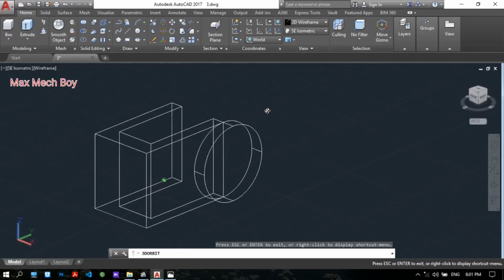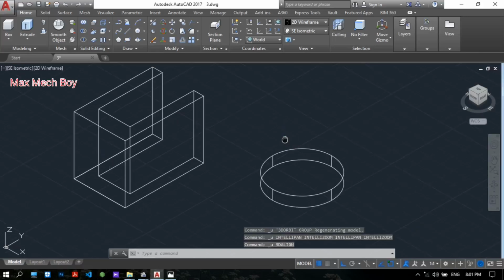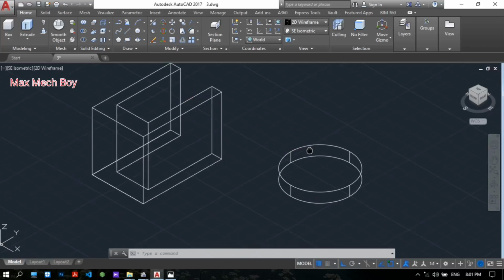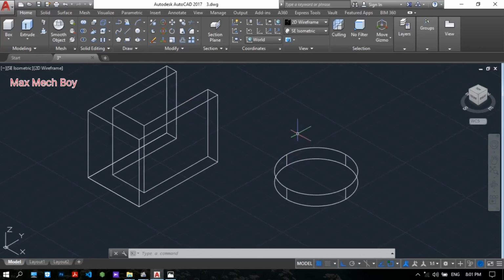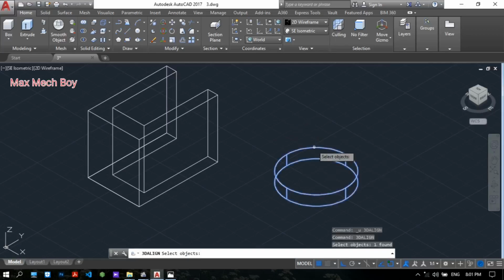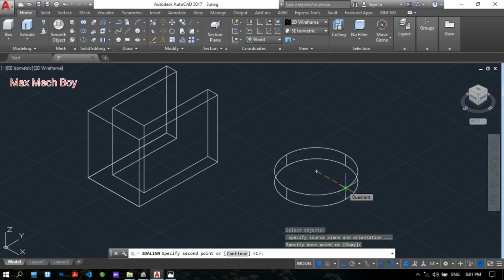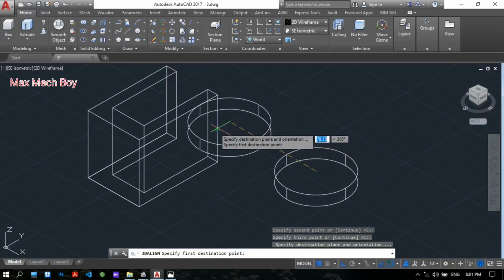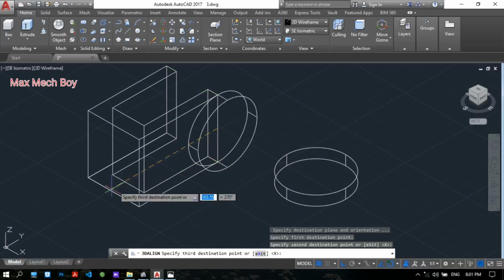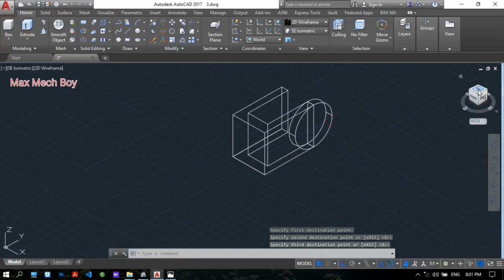Now you will see. Sorry. We need to combine these two objects into one object. So we use the 3D align. Type 3D align, select objects, 1, 2, 3. Then 1, 2. Okay. Now you have the top view,